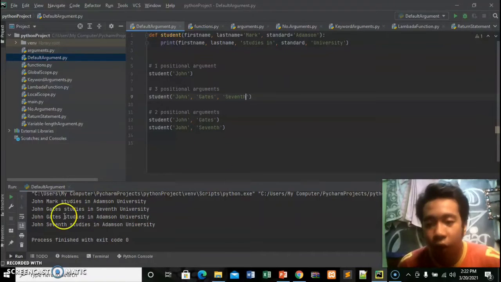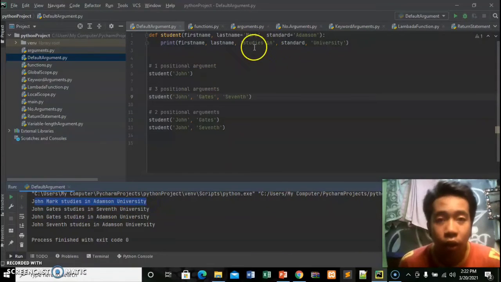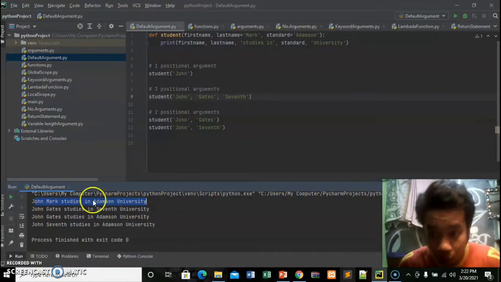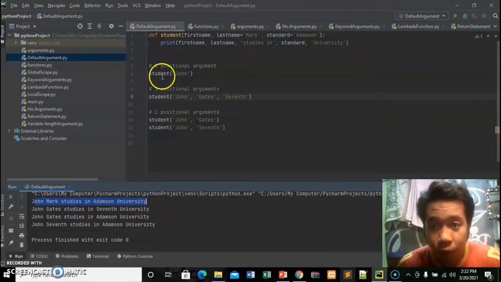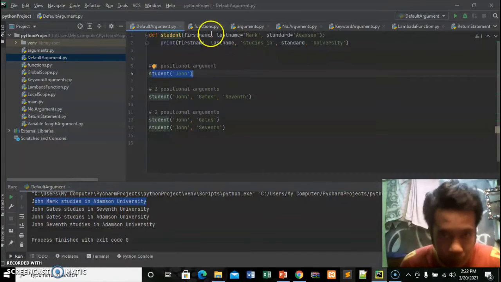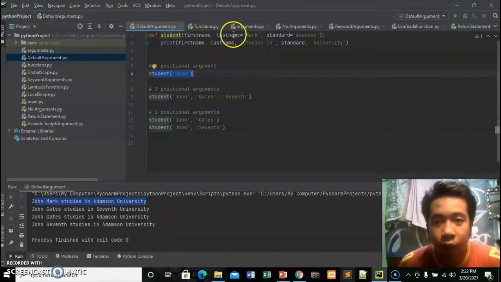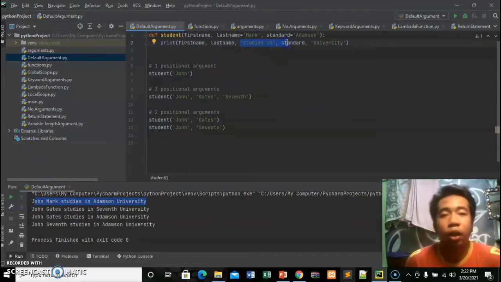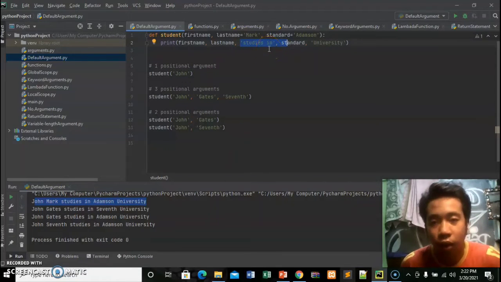Ayun, ito, John Mark, ito yung pinaka-output natin guys, babasahin natin. John Mark studies in Adamson University. So basically, ito yung pinaka first positional argument. Yan, John Mark, first name, last name. Yan, John Mark studies. Ito yung pinaka function natin. Yan, studies in Adamson for standard